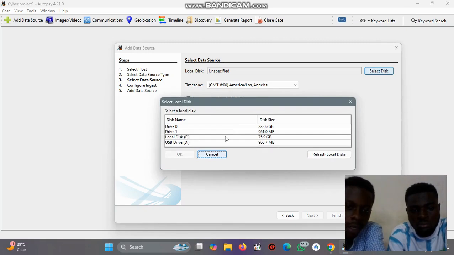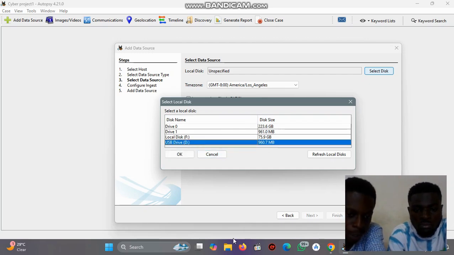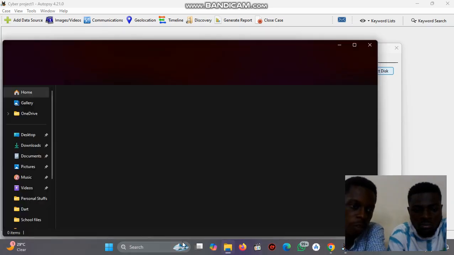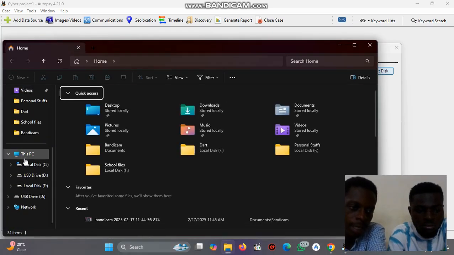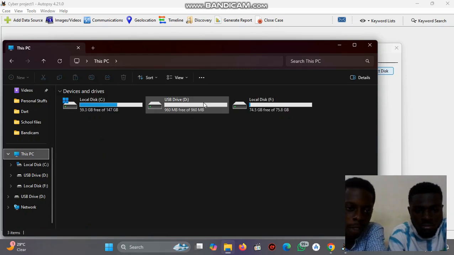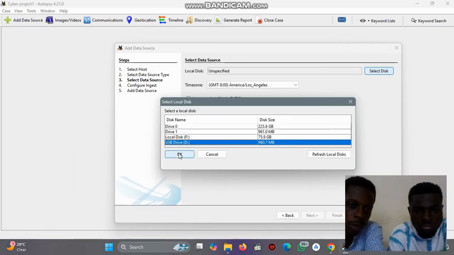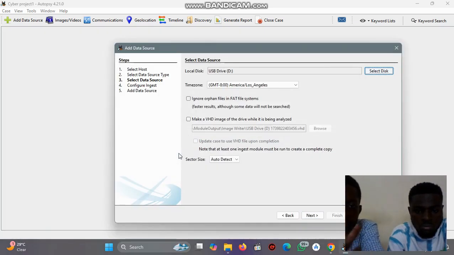So all the disks are showing. That's the hard disk. We have the hard disk here, the SSD. The SSD is in, and the pen drive. This is the pen drive that I formatted. USB drive D. We can go and check the name again, to confirm and to be sure that this is the pen drive we are using. USB drive D. So that's the one we are going to use. So after we've just selected the USB drive D,